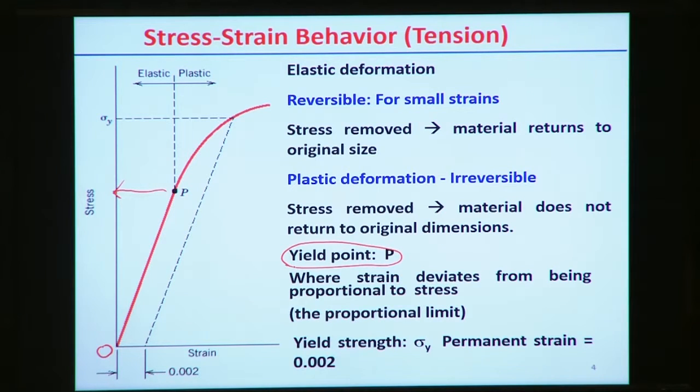that is the limit, or that point actually decides whether stress is proportional to the strain, that means a linear relationship between stress and strain exists, or some non-linear relationship exists beyond that point. So up to that point is the elastic part, and beyond that point, that is generally defined in the stress strain diagram, is the plastic part.